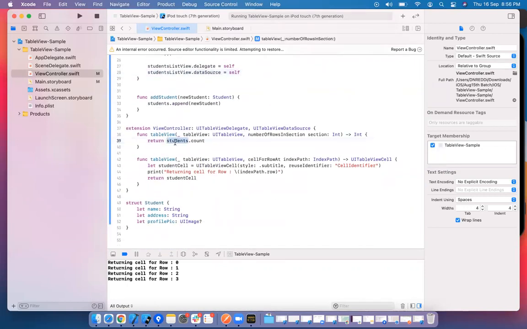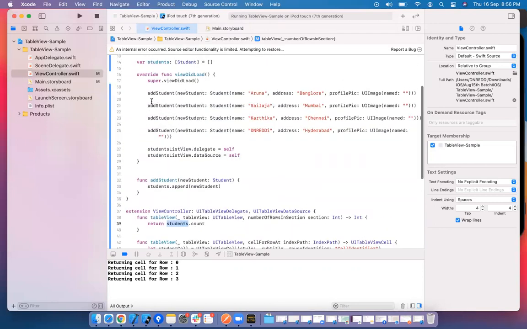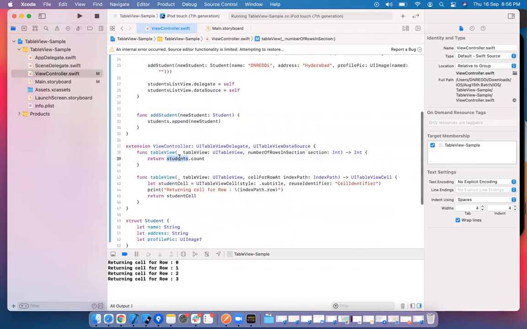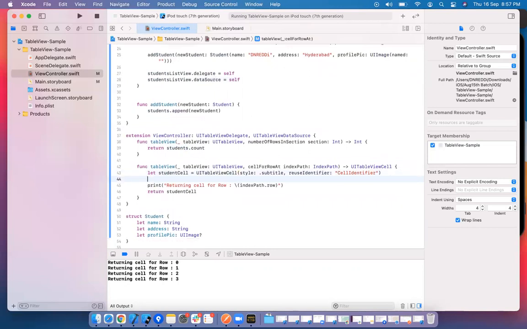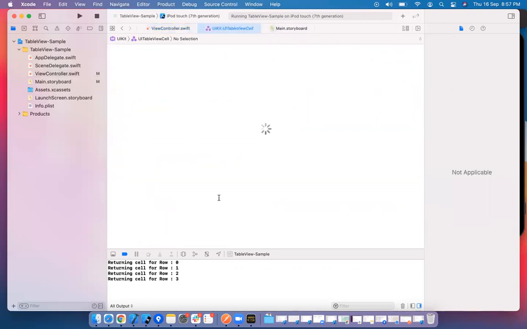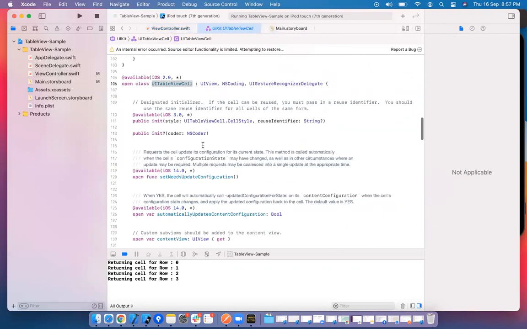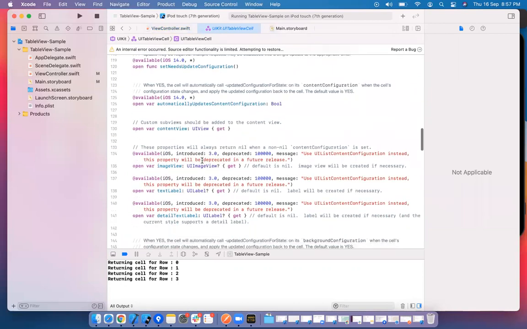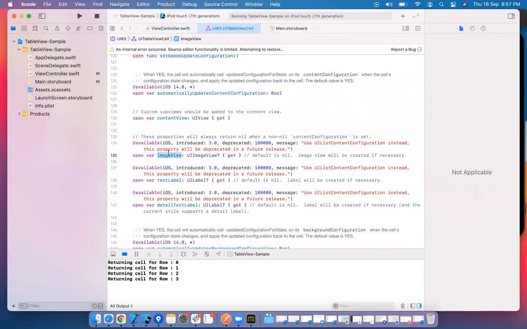Here I am returning the number 4, like students.count. If the students are more, it will automatically be calculated and returned, and that many students will be displayed. This is your table view cell. Go inside and see what are the different properties it has. The useful properties are imageView. You can set the image.